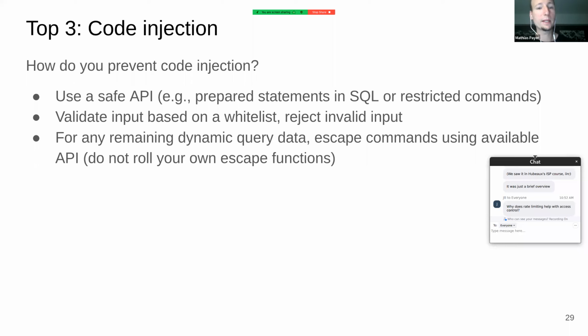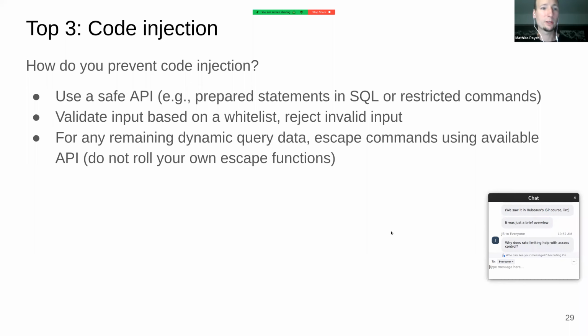And for any remaining dynamic query data, we can escape the commands using the available API. So don't roll your own escape functions. If you need an escape function, do check what kind of escape functions the system actually provides and then use those. And then you can limit code injection vulnerabilities in your application and limit one of the top 3 issues